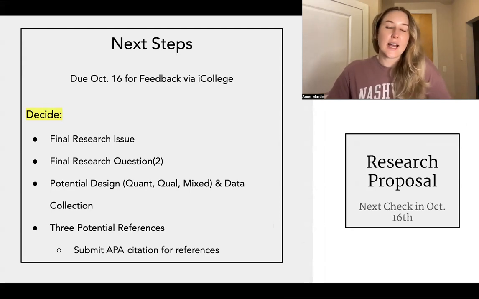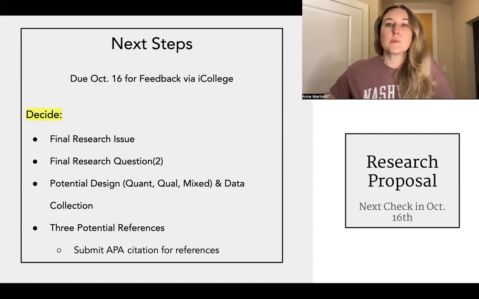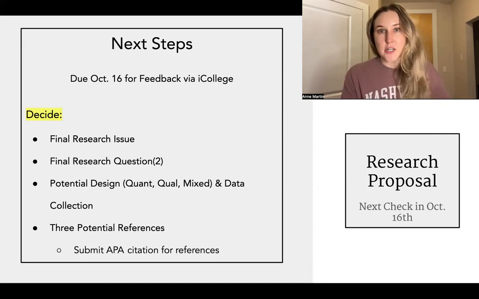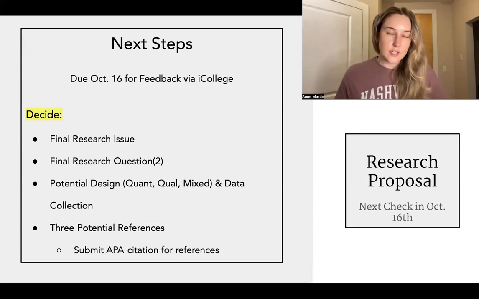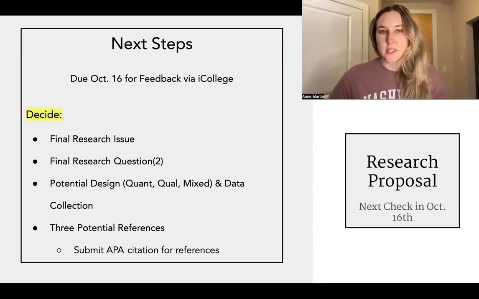And then as we move on to your data collection, we went through that, interviews versus focus groups versus surveys, or if you're using a measure like an educational assessment, we talked about that. So using both of those, that should help you move on to the next steps for your research proposal, which will be October 16th, not graded, but just for feedback from me.